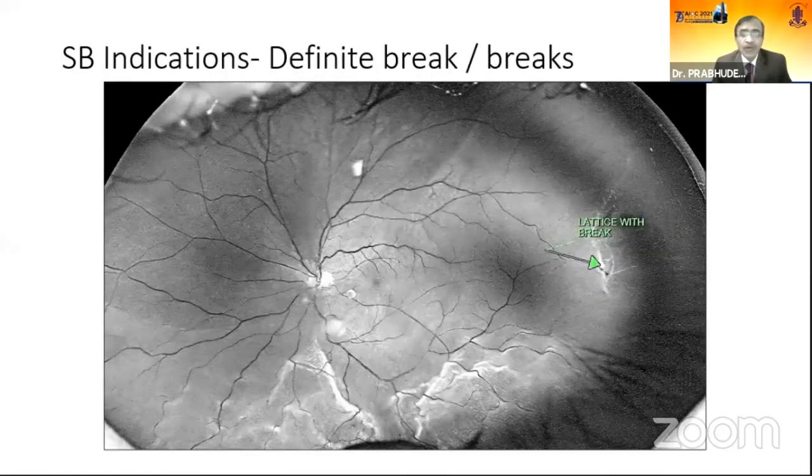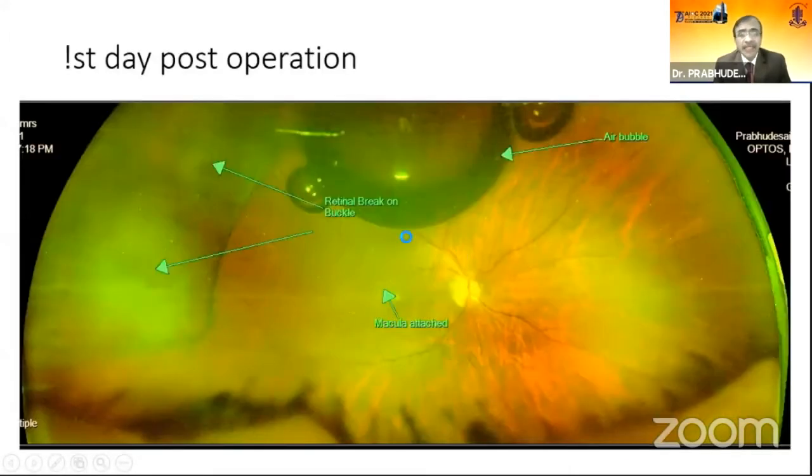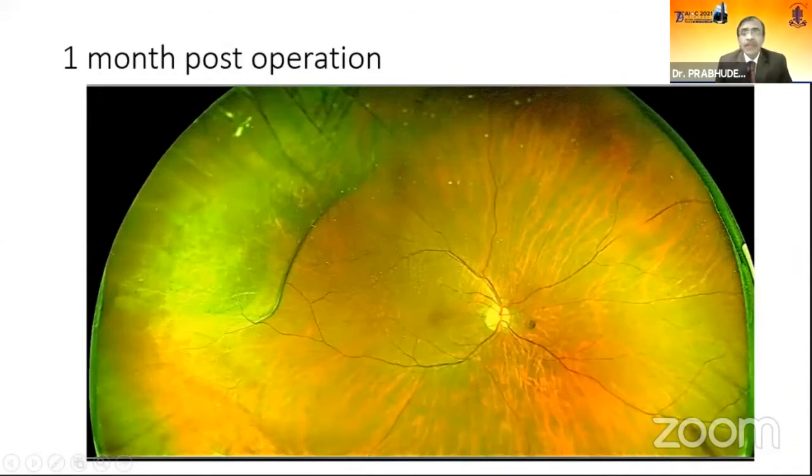Now, a detachment which has a definite break and a partial RD, I think it's straightforward. Or even if you have multiple breaks but a partial RD with no obvious PVR, again it's a good case to treat with scleral buckle. And if you have such breaks in the superior temporal region with an additional break here, you do the scleral buckle, and next day, in 24 hours, your retina is attached, and at 1 month the retina is absolutely fine. So if done properly, and if the case is selected properly, I think you get really gratifying results with